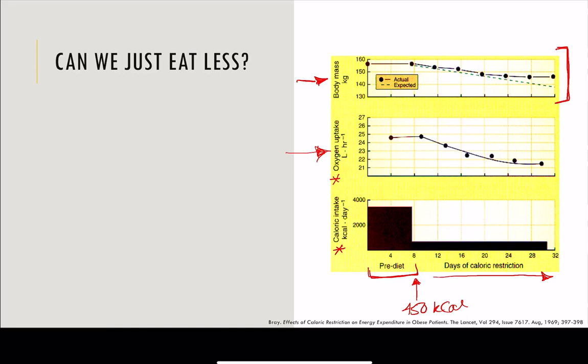But you'll see that as the diet progressed, not only did their weight go down, but there was a progressive decline in metabolism as well. In fact, the progressive decline in metabolism was greater than the decrease in body weight. So this is that difference we see in the top panel between their actual weight loss and what they expected based on the numbers. They didn't lose as much weight as expected because the body reacted to the starvation diet by lowering its metabolic demand. If you have a lower metabolic demand at rest,